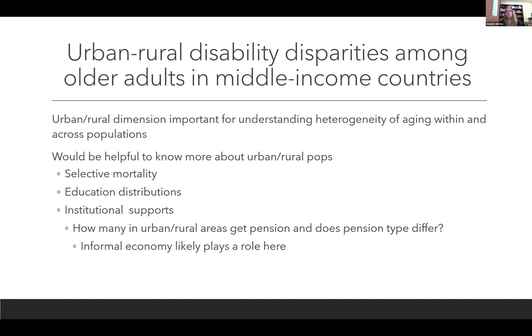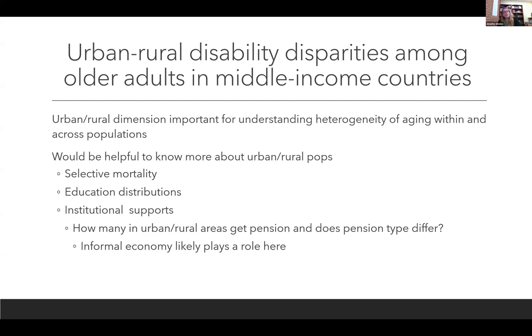So when we think about whether health is going to be better or worse in urban areas, I think we should be thinking about things like selective mortality. Is life expectancy really different in rural areas versus urban areas? Sometimes it's higher. Sometimes people are healthier in rural areas. So just think about selection into these samples in the different countries. You're picking them all up in the same wave, but at different points in the progression of the longitudinal study, so that selectivity might vary across the three country studies as well.